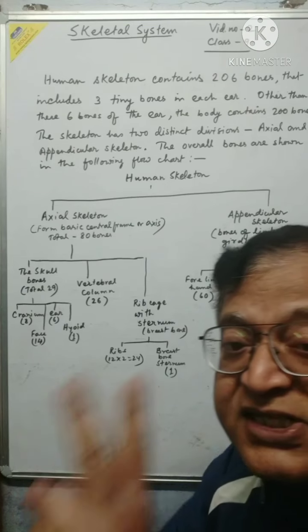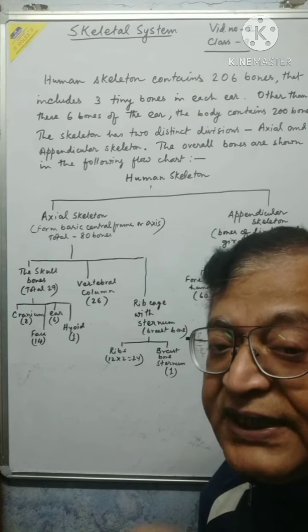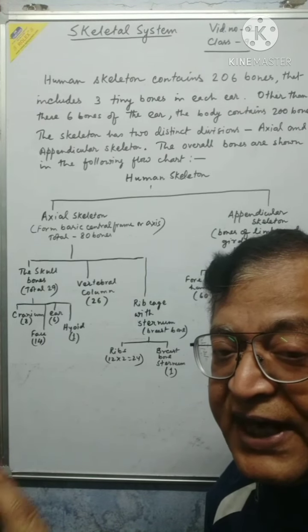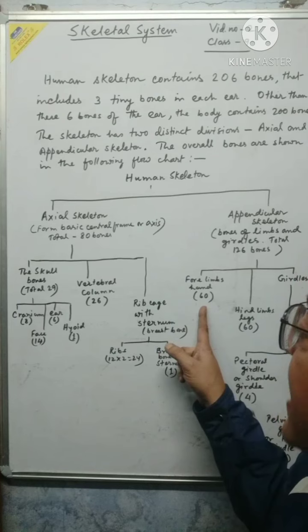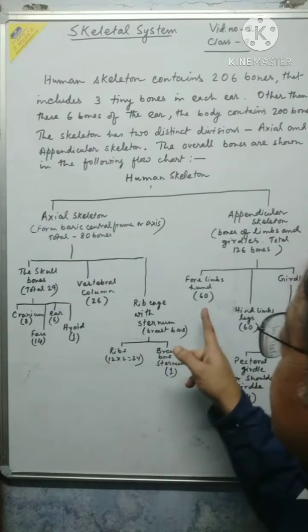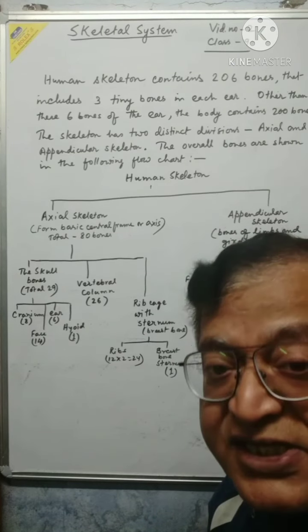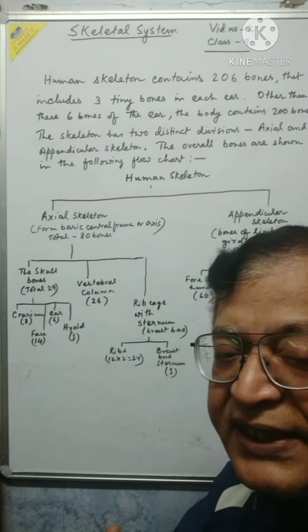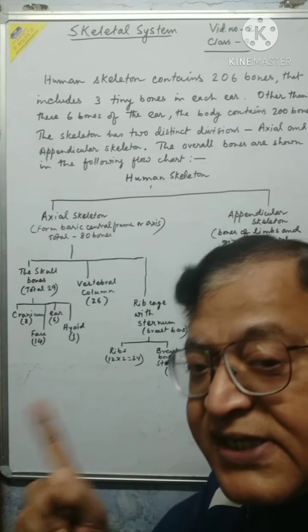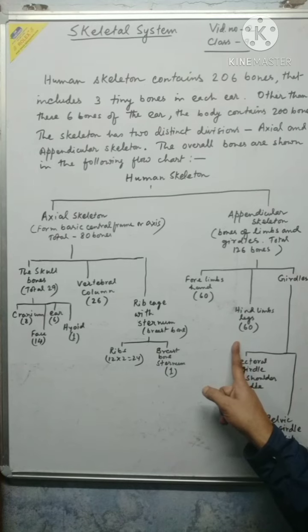Each hand contains 30 bones. How those 30 bones are formed, details of that we'll discuss later in another video. But each hand contains 30 bones. So there are 2 hands, so a total of 60 bones. Hind limbs or legs, once again, the total number of bones is 60. Each leg contains 30 bones, and since there are 2 legs, 30 plus 30, 60 bones. So 120 bones are here.